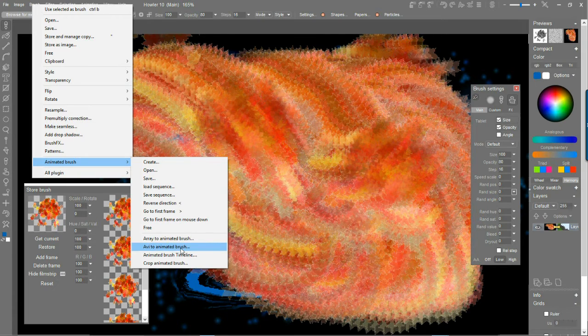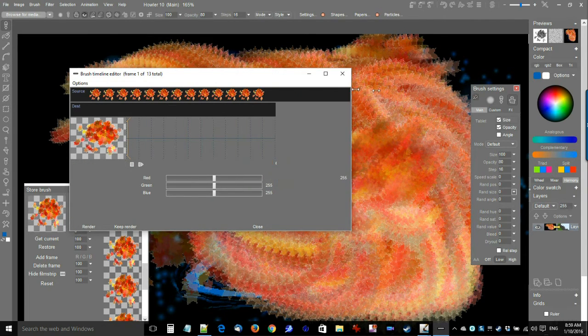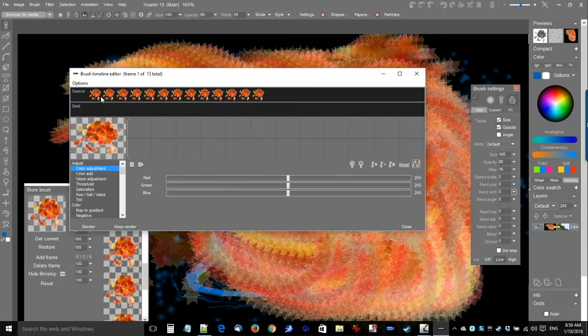You can even load an AVI to animate a brush, if you have an AVI file. So little animations you can turn into a brush that you paint with. But you can also use an animated brush timeline on the currently loaded one. So I'm going to start with that. I have a bunch of images, here they are, or at least a subset. It's not showing every one of those, it's sort of a preview, but a subset of the entire animation sequence